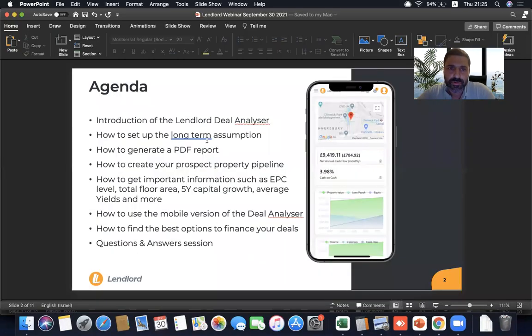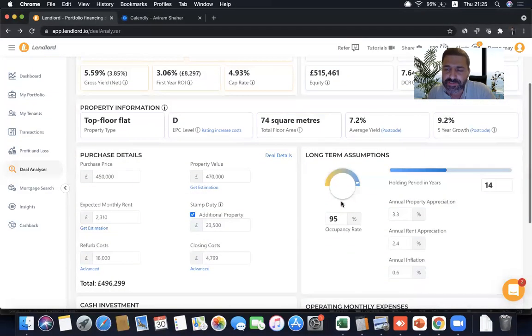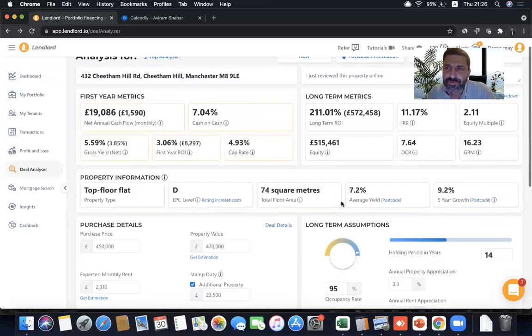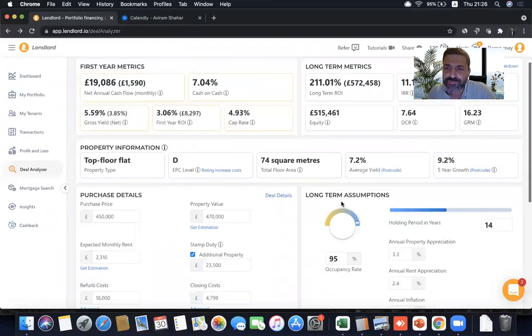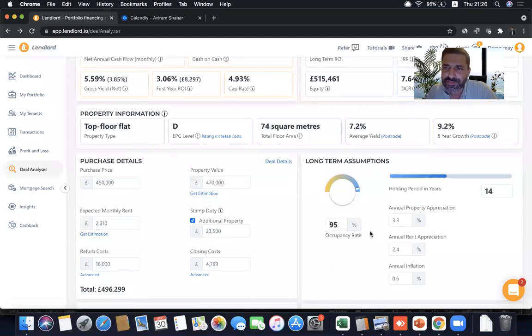Okay, so we did the introduction. Then let's talk a bit more about the long-term assumptions, although I think that we covered it. So the long-term assumptions, this is tricky because in order to make those assumptions, you need data. So I think that we will touch on it in the data section. But based on the data, you can put